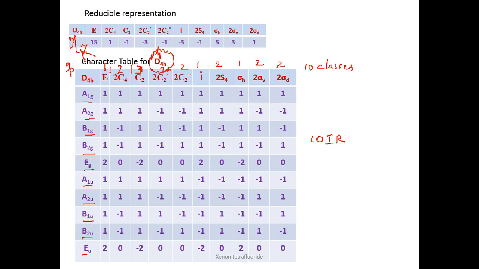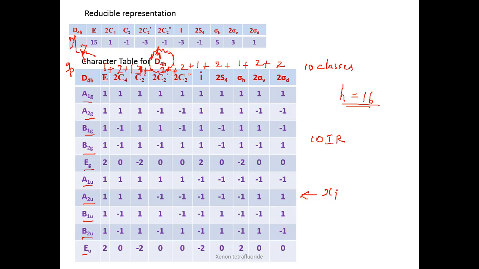And if you take the sum of all these numbers, 1 plus 2 plus 1 plus 2 plus 2 plus 1 plus 2 plus 1, like this, you will get 1 plus 2 is 3, 3 plus 1 is 4, plus 2 is 6, 8, 9, 11, plus 5 is 16. So this will be the total number of operations, h equal to 16. All these numbers in this character table are the characters of irreducible representation.